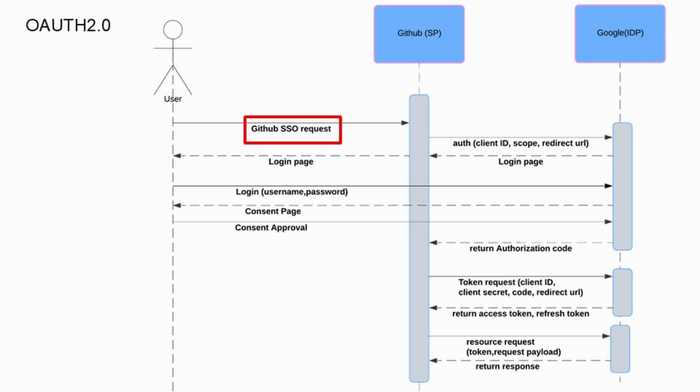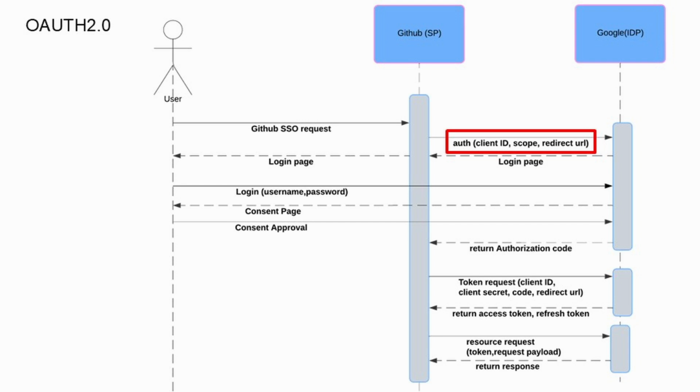So that is your first step. You initiate a single sign-on request, and when you do that, GitHub makes a sign-on request to the Google IDP, which includes client ID, scopes, client secret, redirect URL, etc. Now, what are all these terms? To start with, the client ID is, you can say, a unique ID for the IDP to identify that this GitHub organization is making a request for single sign-on.